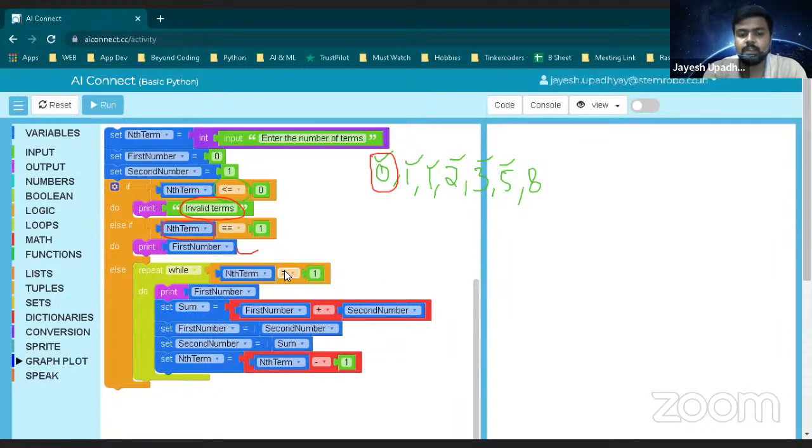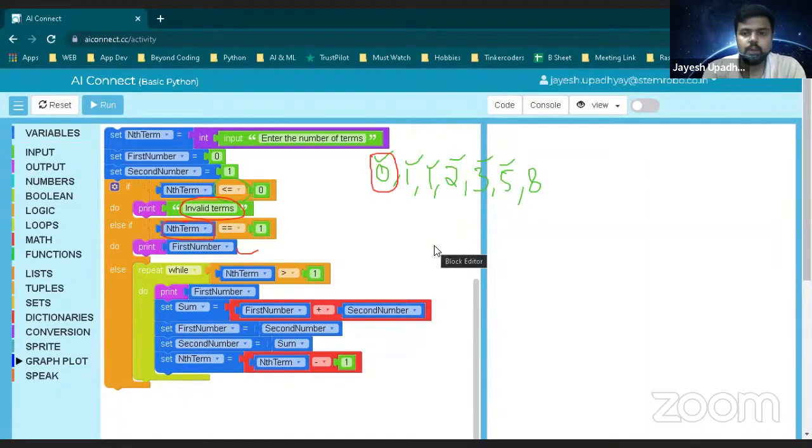If the user is giving me more than 1, means if the user gives me 2, I will first print the first number, that is 0. Okay. Then I will do the sum of the numbers. So first plus second will give me the sum, correct? And then the first number is changed to the second, means where the first number was, the second number will come, and where the second number was, the sum will come, which is the addition of both, that is 1. So now the second number is 1 and the first number is 1, both are 1 1. After that we change the end term by -1, so the user gave 2 and it became 1. This happens, right? So this condition will be unsatisfied and it will come out. Like this way we will do.